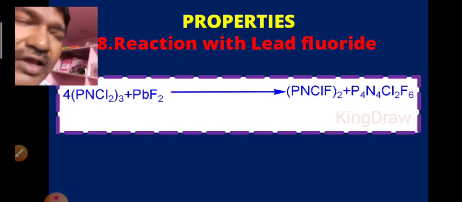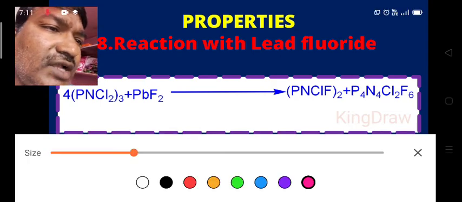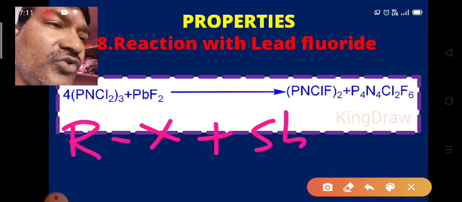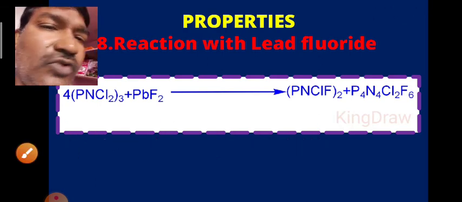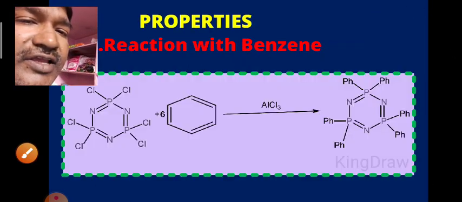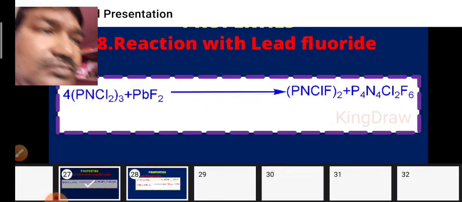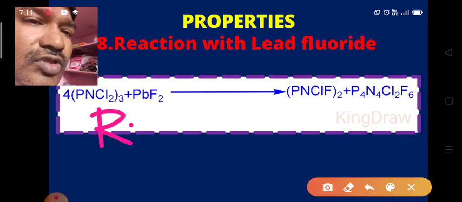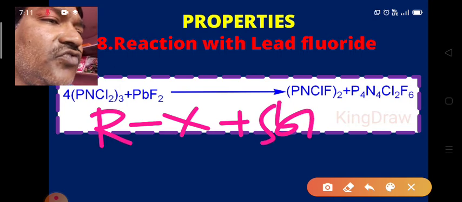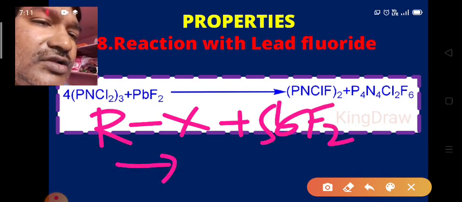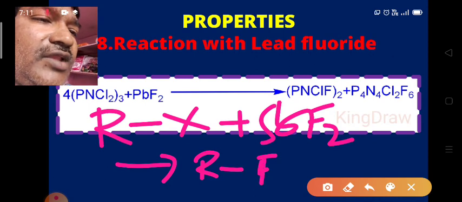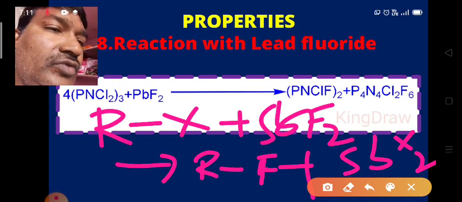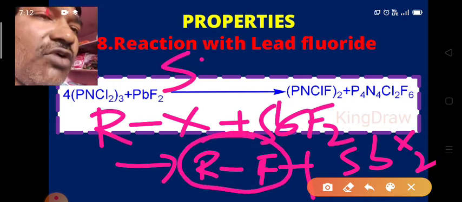Okay, so I write that reaction here once again, because we remember things very easily whenever we compare with known things. So look here, for example, we are writing the alkyl halide plus heavy metal fluoride, that means here antimony pentafluoride. So we get the alkyl fluoride and antimony halides. So alkyl fluorides are prepared by using this Swarts reaction.